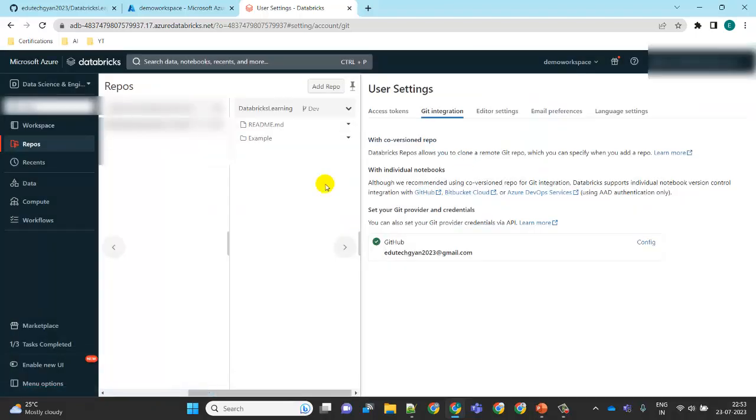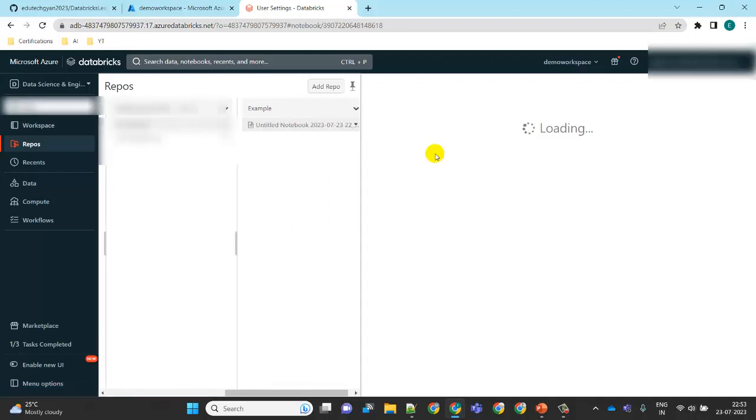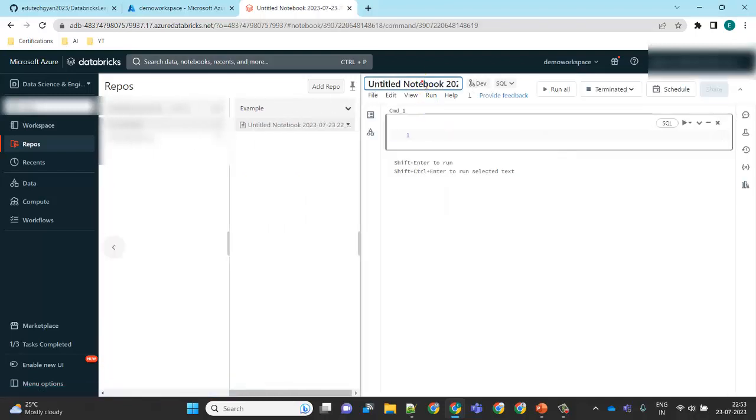I create the folder, and inside that folder I'm going to create one notebook. I name the notebook demo notebook Git. Okay, and I'm going to run one command here like select, this is dev git branch checking. Okay, so if I run this,